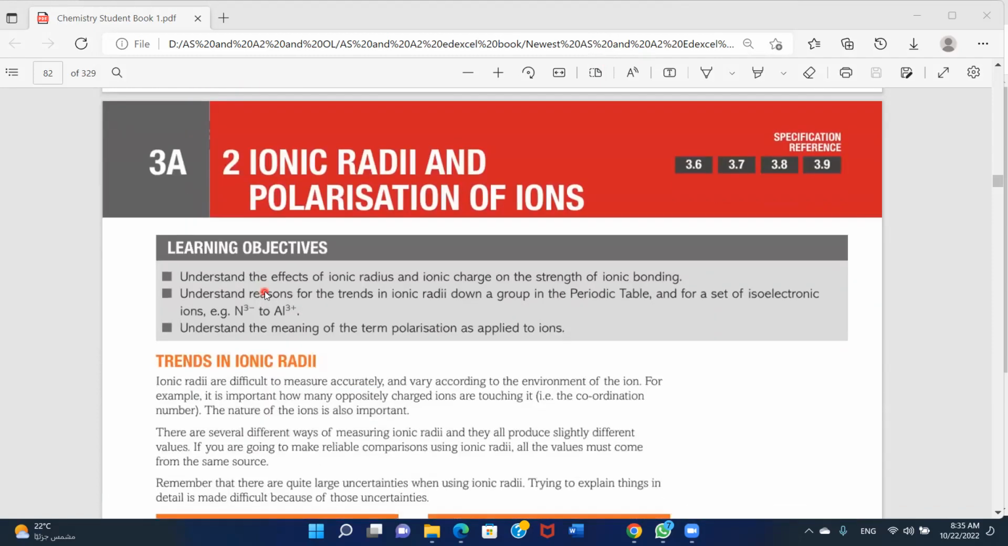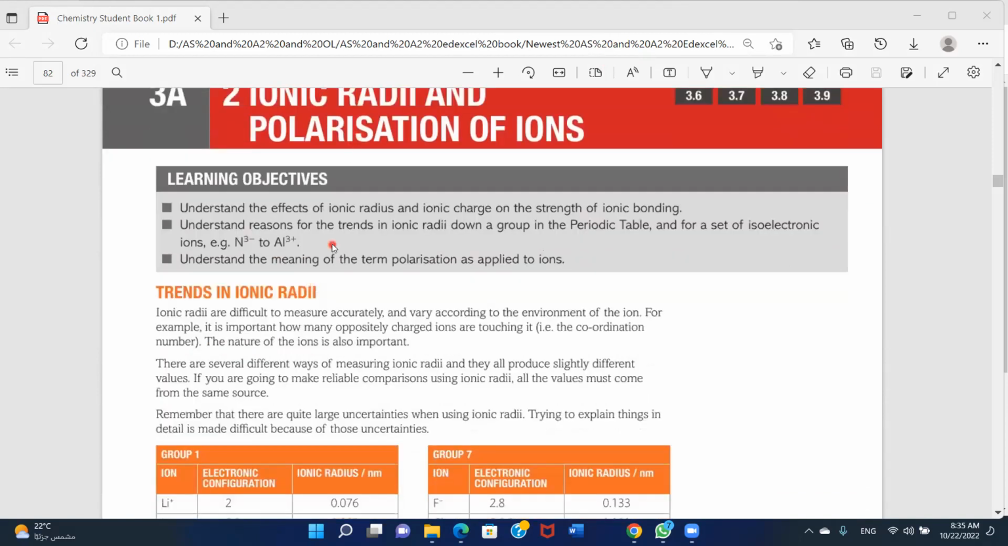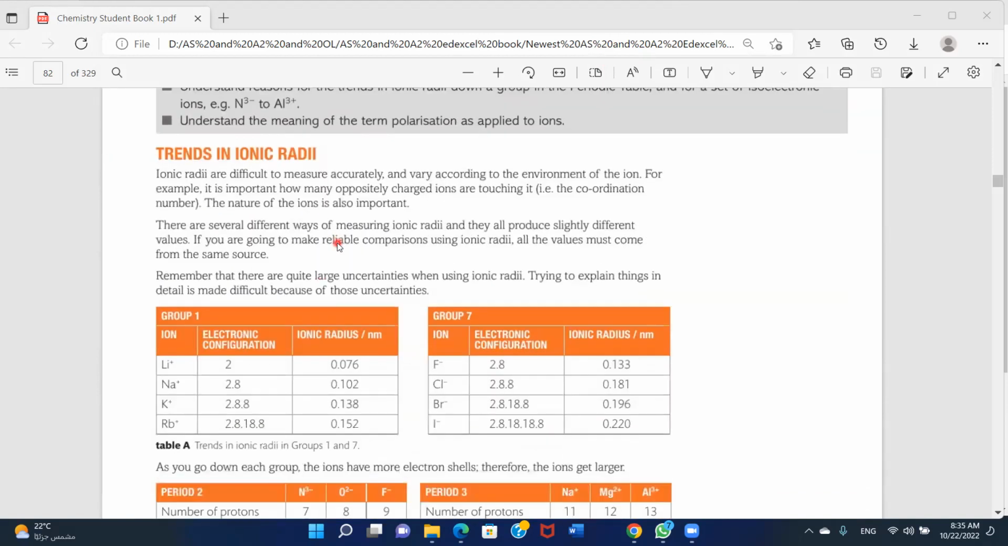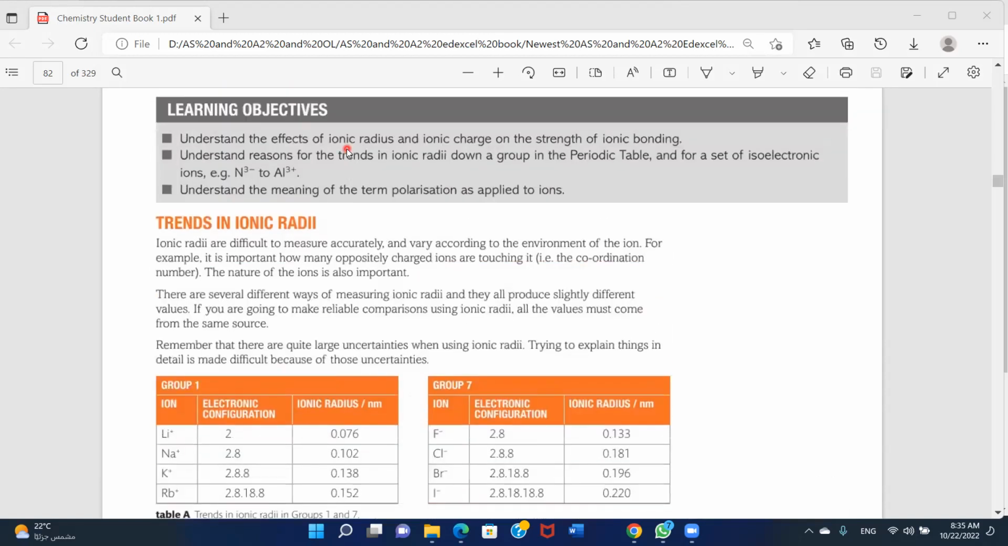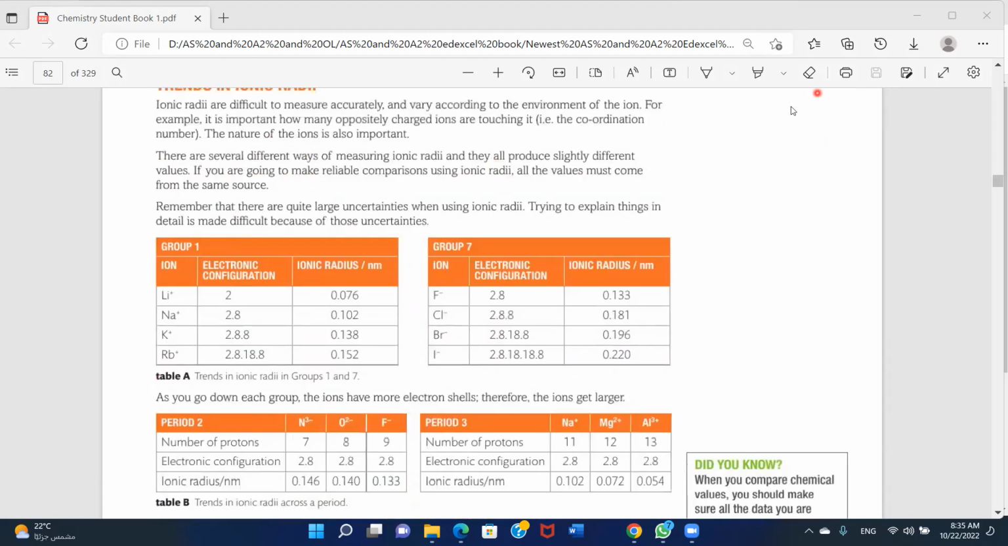Now we come to what we call polarization of ions. The ionic radii and polarization of ions. Before the polarization of ions, we will talk about trends in ionic radii. What happens when we say trends? What happens as we go down a group for its ions, and what happens as we go across a period for its ions? Now, if we look down a group,